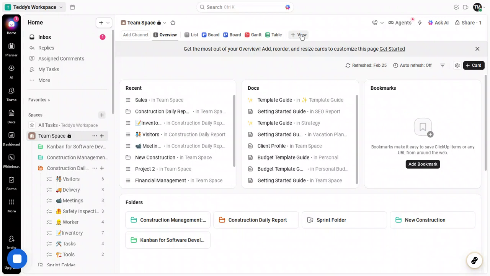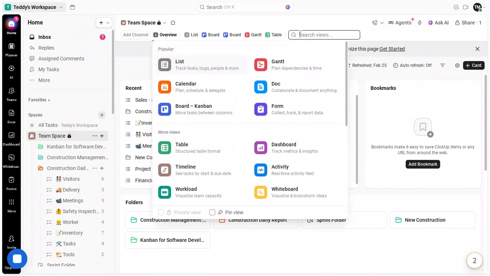First, sign into your ClickUp workspace. Once you're in the right space, folder, or list, where your work lives, look for the View options along the top of the screen. Click on View, then choose Calendar. This opens a dedicated calendar view connected to the tasks in your current location, so you're planning right where your